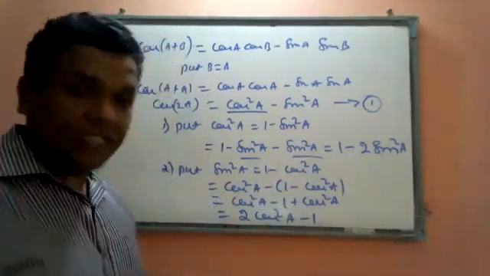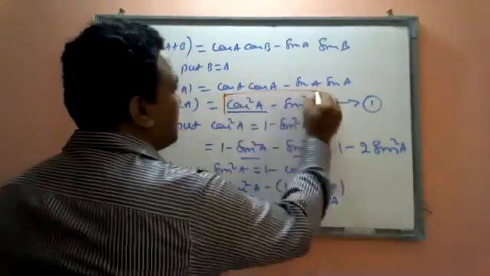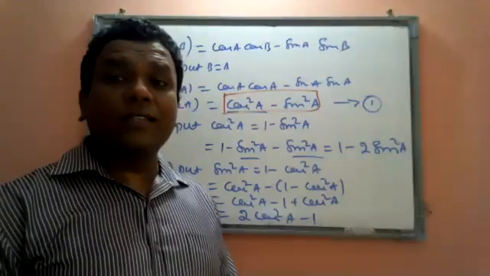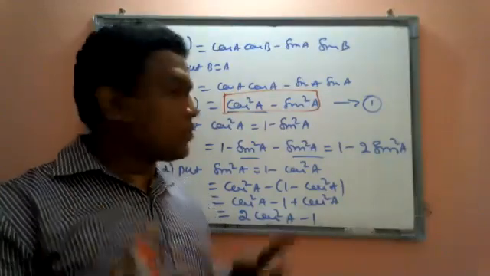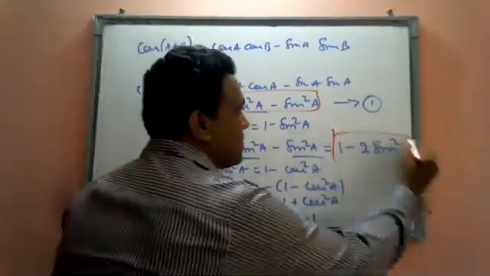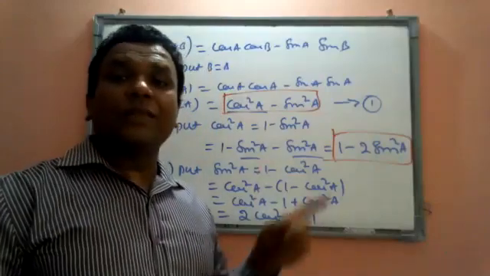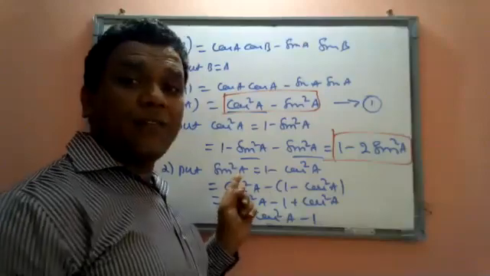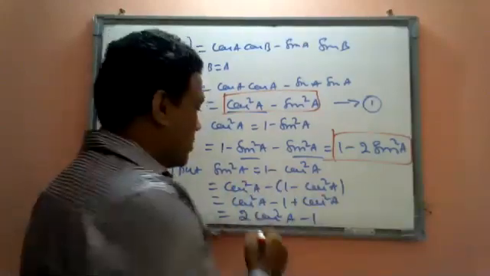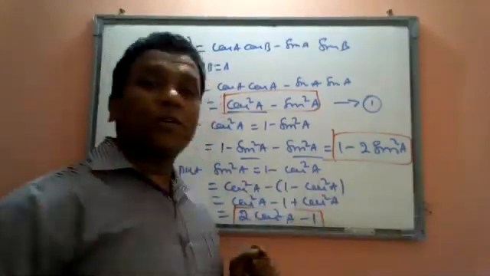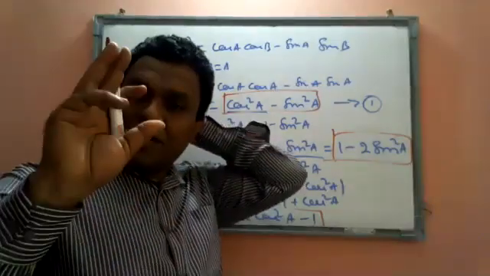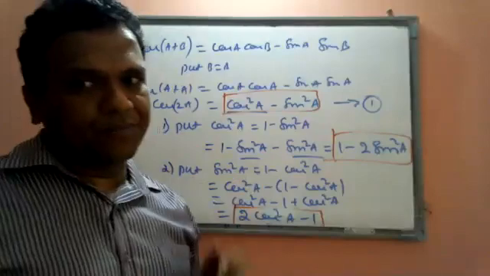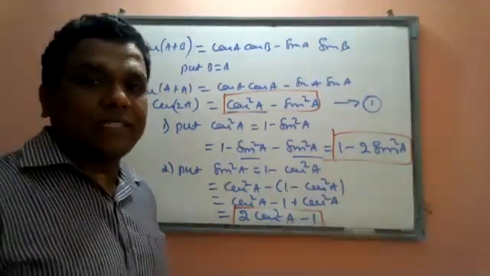Okay, so I will just highlight so that you can remember. This will be my first one, cos square a minus sin square a. By using this, I'm going to derive 3 more. So under that, the first one is 1 minus 2 sin square a. I got this when I replace cos square as 1 minus sin square. And if I replace sin square as 1 minus cos square, I'm going to get the next formula, 2 cos square a minus 1. Students, just go through once and then tell me it's clear. I have to derive one more, so please tell me this is clear.